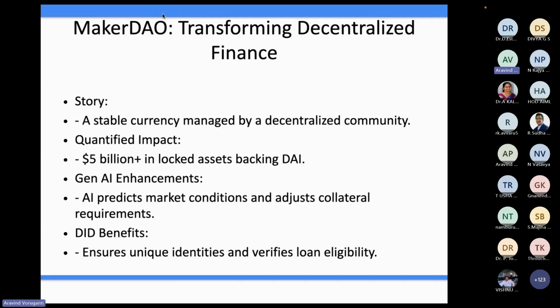If it is a centralized bank or fintech company, there can be a run on the bank scenario and people losing trust in the bank because they don't have visibility into what the bank is doing internally.